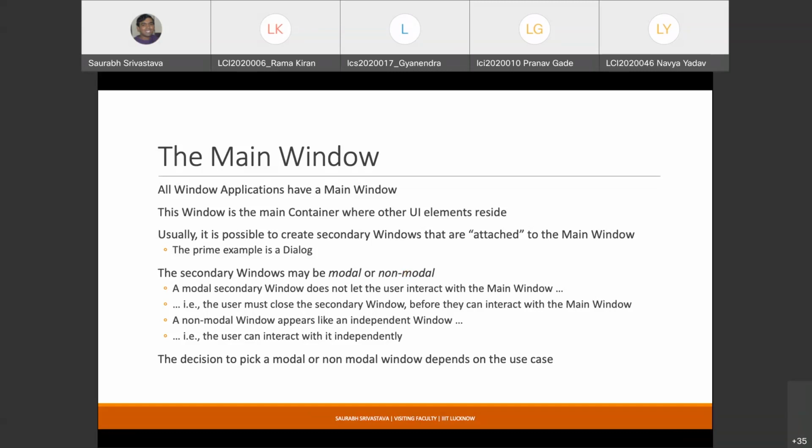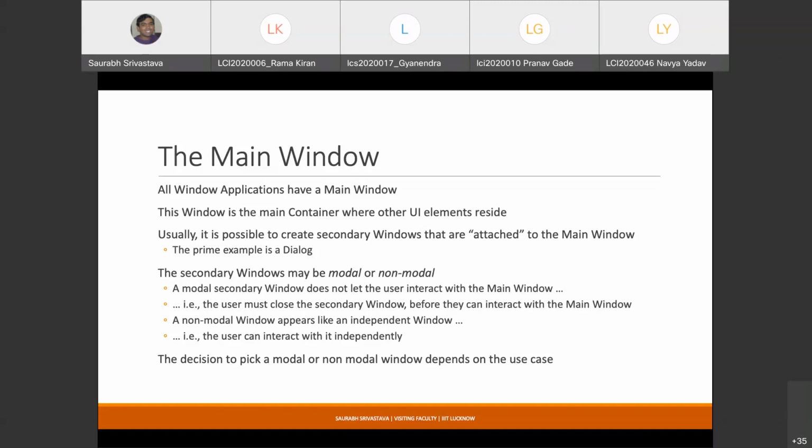For example, you may want to share some information with the user. You may want to take some input from the user, right? It could be a prompt, for example. So there could be different reasons for creating these secondary windows, but these are there. You'll often see them. So the idea is that you start with a main window.